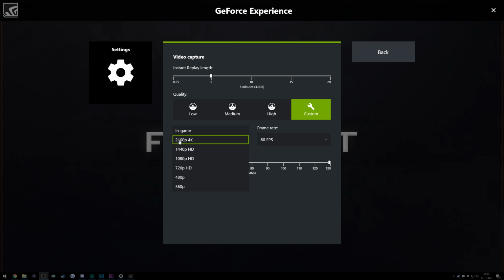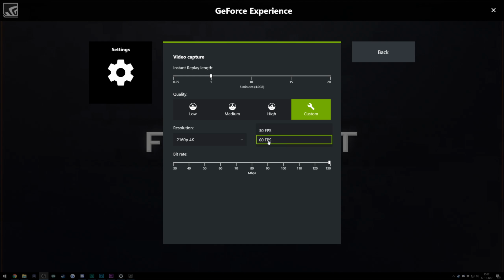Now by choosing 2160p, aka 4K, you can up the bitrate to 130, which gives you more room to work with in the editing. Sure, the files will be a lot larger and you could probably get away with the lower sizes. But for me, quality is a big concern. So I like to just bump it all the way up. And then the FPS at 60, of course, and you're good to go. I have my length at 5 minutes because then I'm going to capture everything I need for the informational